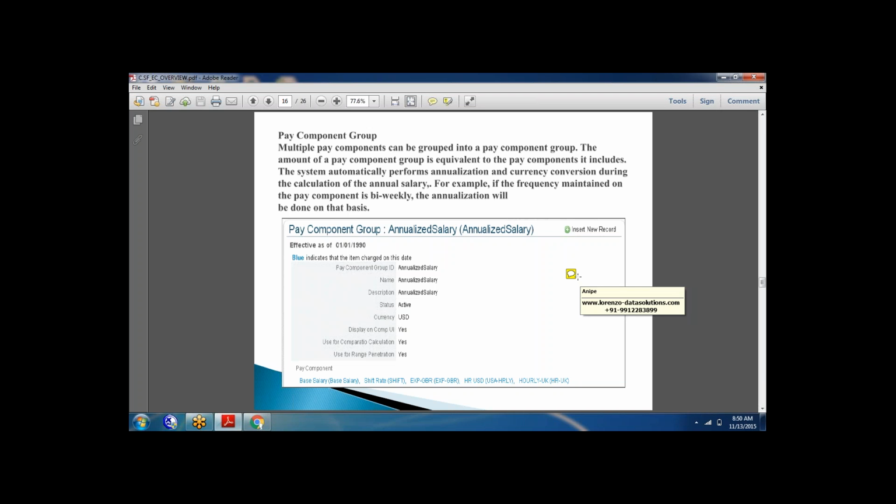Here also, in order to specify this, the pay component group can be defined in different ways. The pay components can be positive pay component groups or negative pay component groups. Sometimes you can define the pay component group as annualized, on a yearly salary basis. Here, positive pay component,